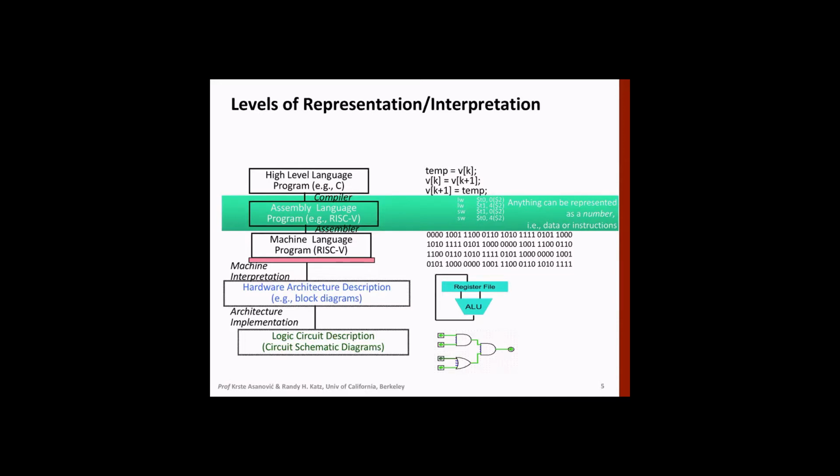So first we have the high-level language in which you code, like something here that's in C, and then that's converted into assembly language. The assembly language shown here, like load word, store word, these are all part of assembly language programming for RISC-V. And this assembly language program that we write is in terms of mnemonics. If you were asked to write this program in terms of zeros and ones, it would be quite hard. An assembler converts this assembly language instruction into machine language instructions.